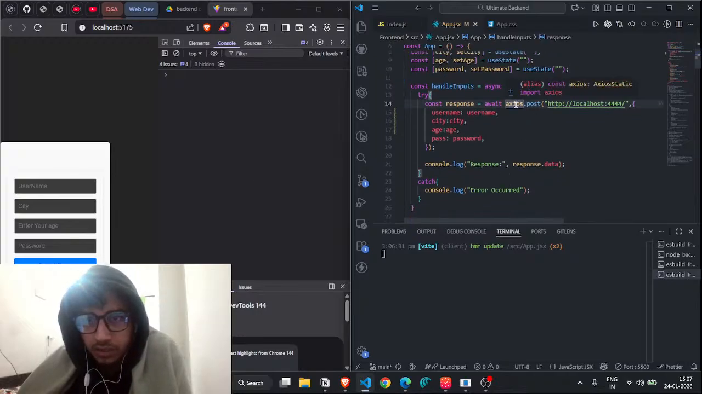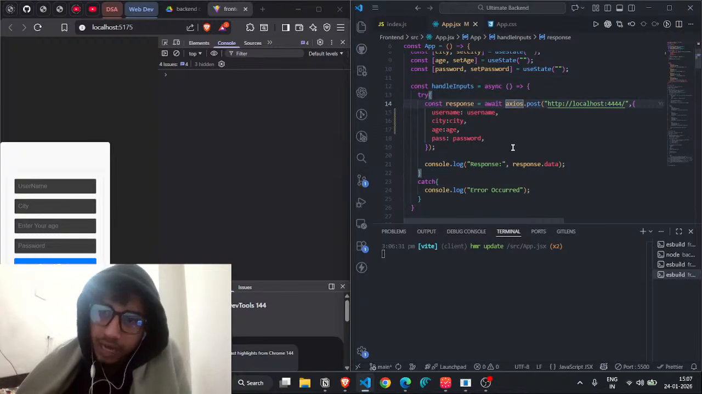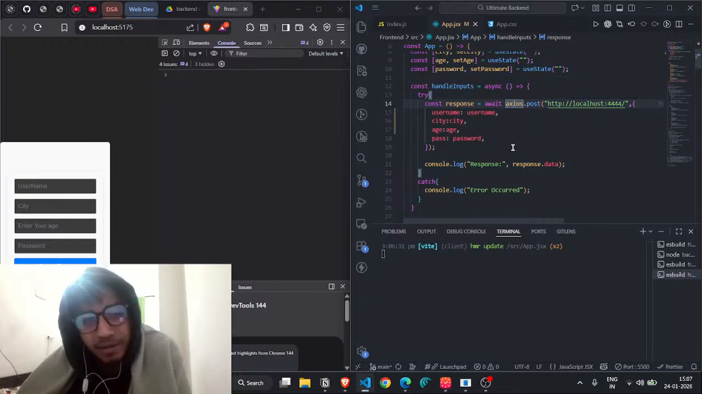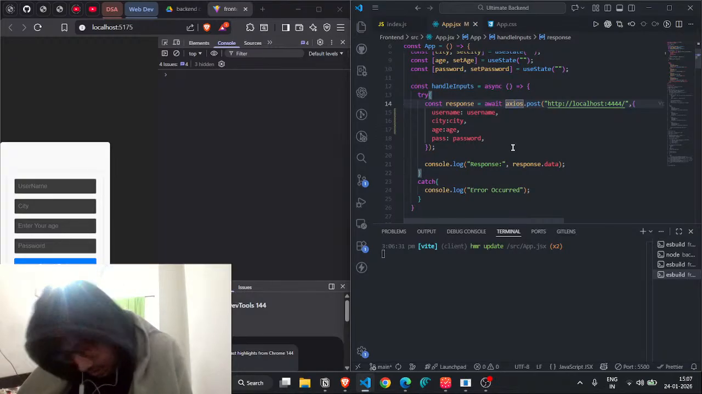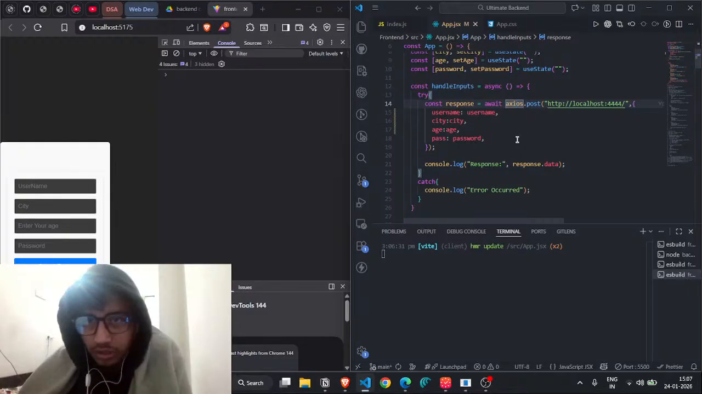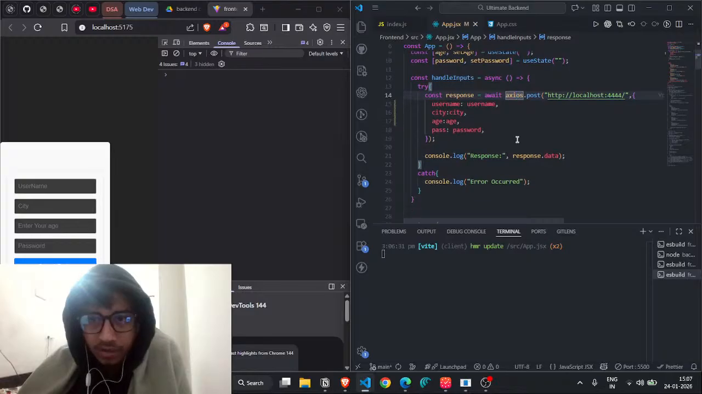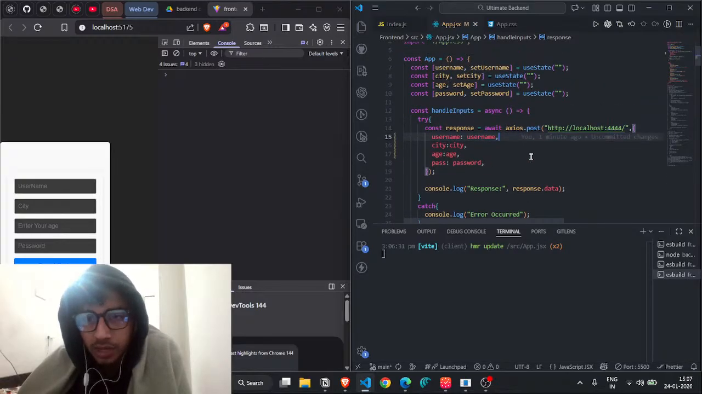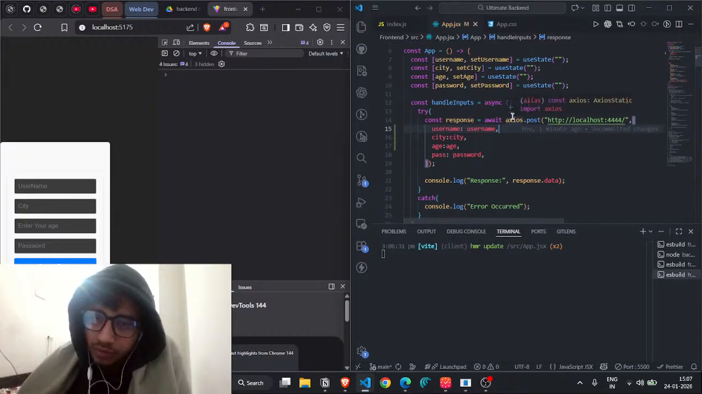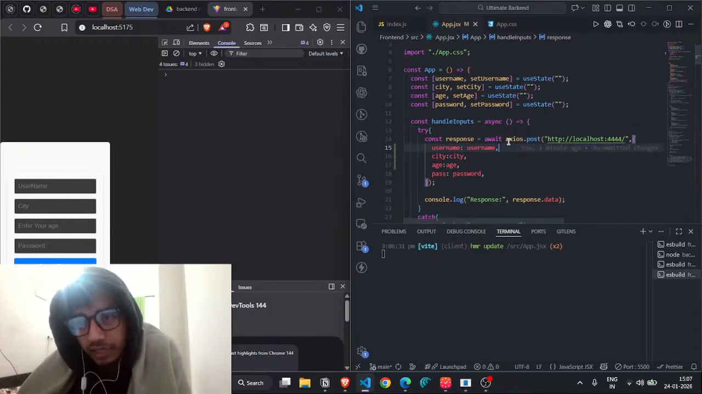What is Axios? Axios is a JavaScript library that provides a way to make HTTP requests. In the backend, you have built-in Express and Node.js servers, so you can use them. But in the frontend, you don't have one built in, so we use the Axios library. If you want to use Axios, first thing you need to